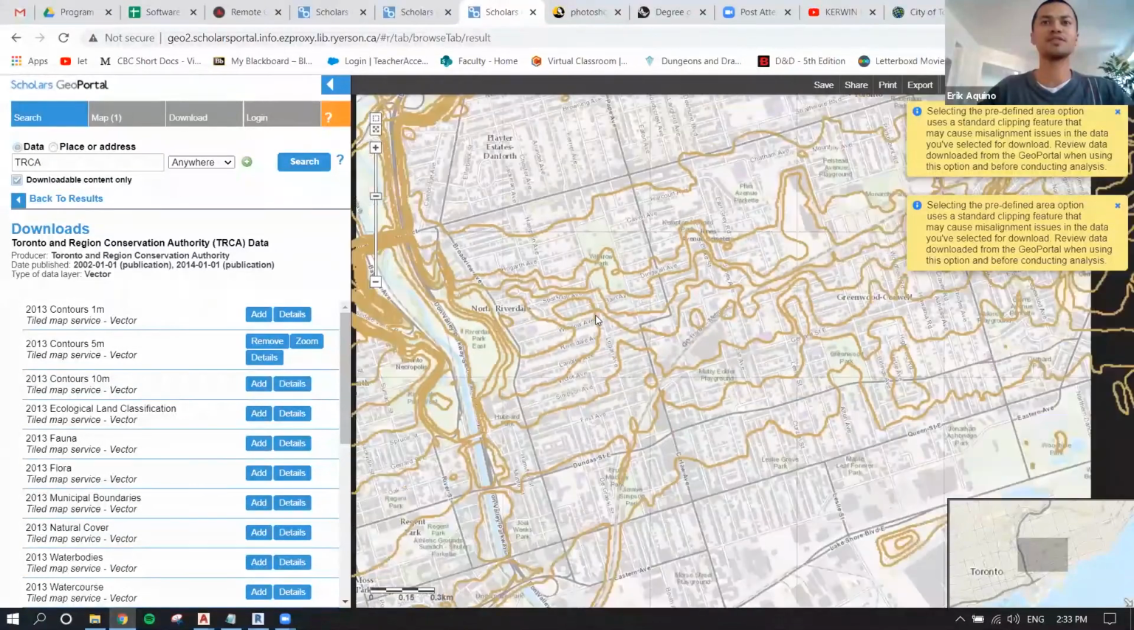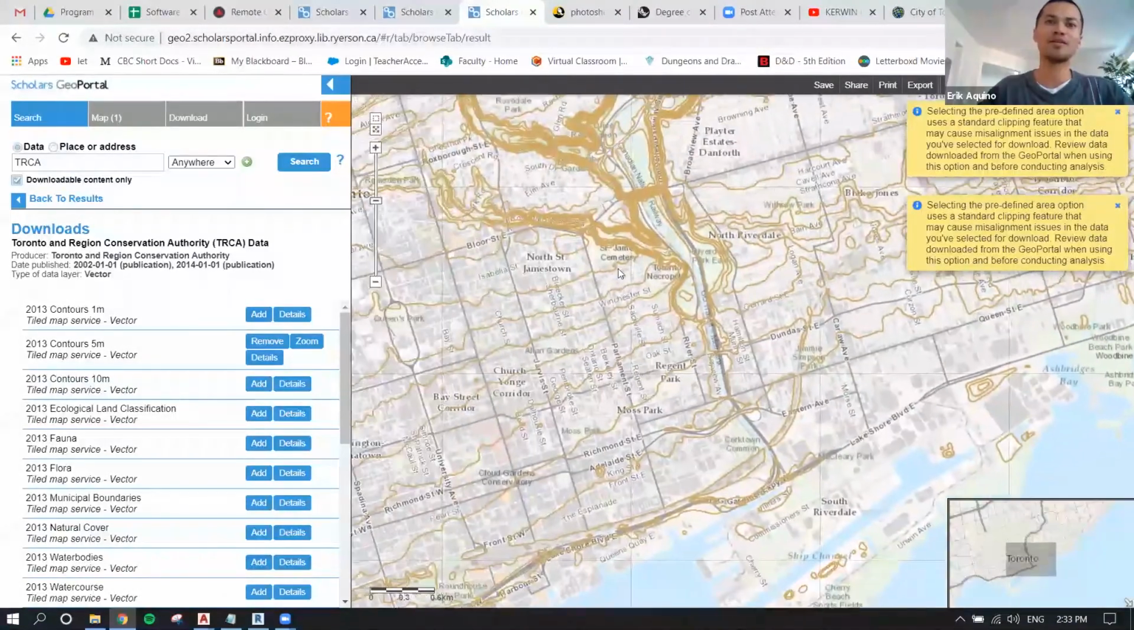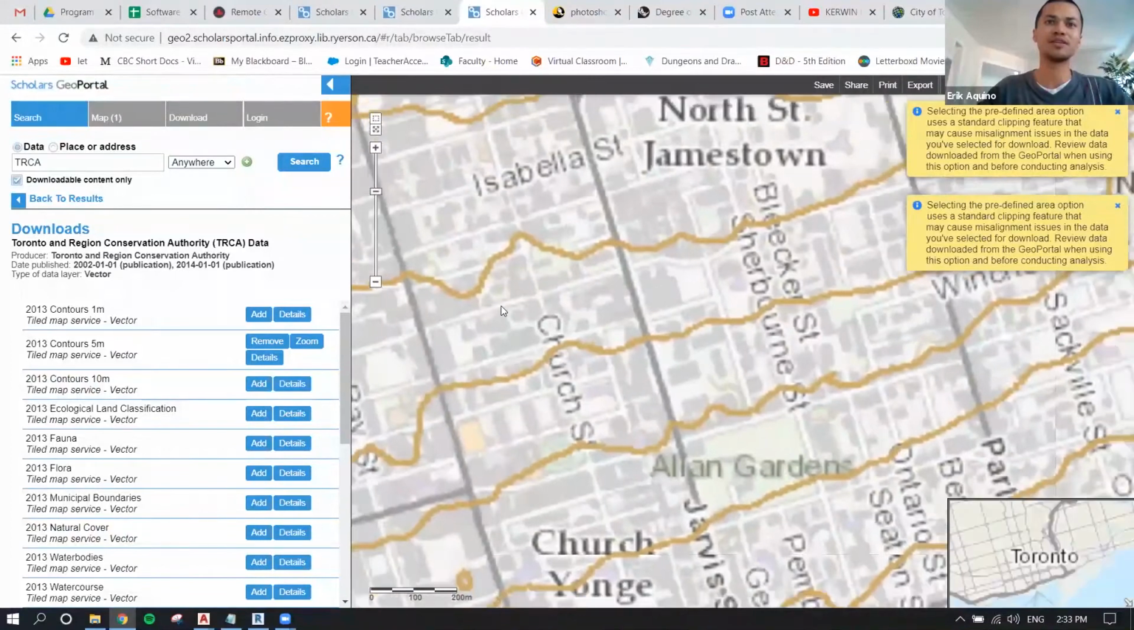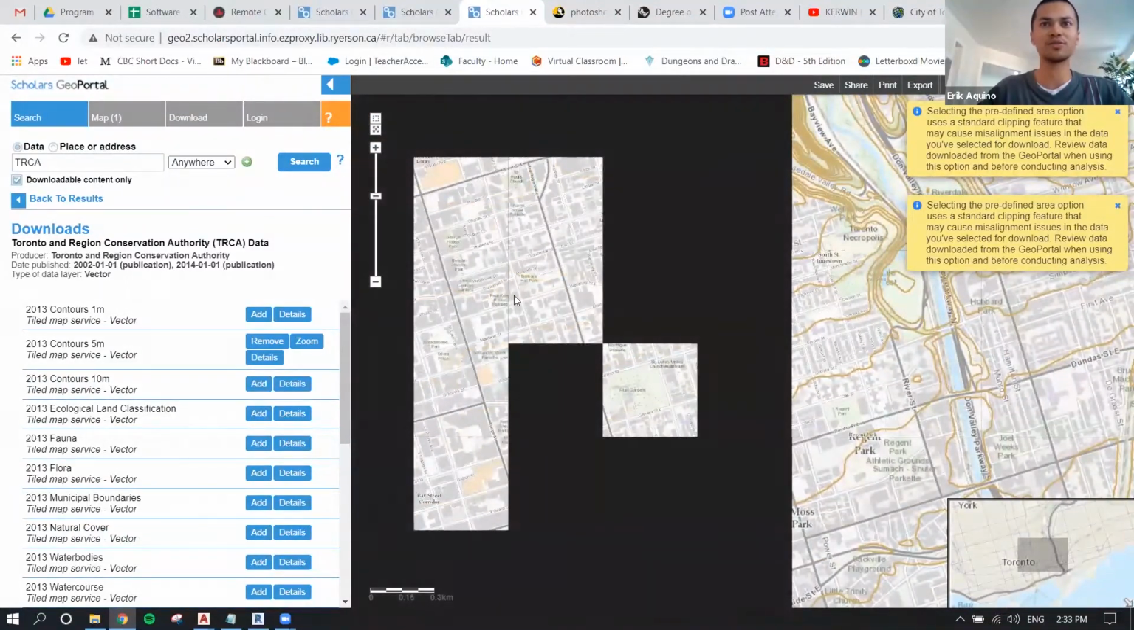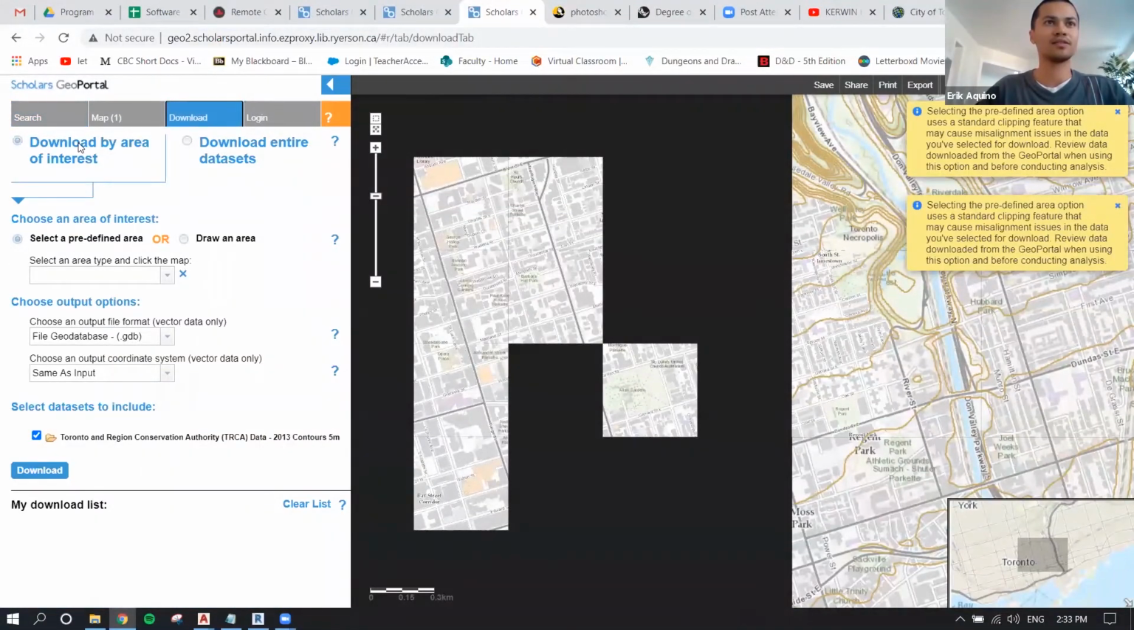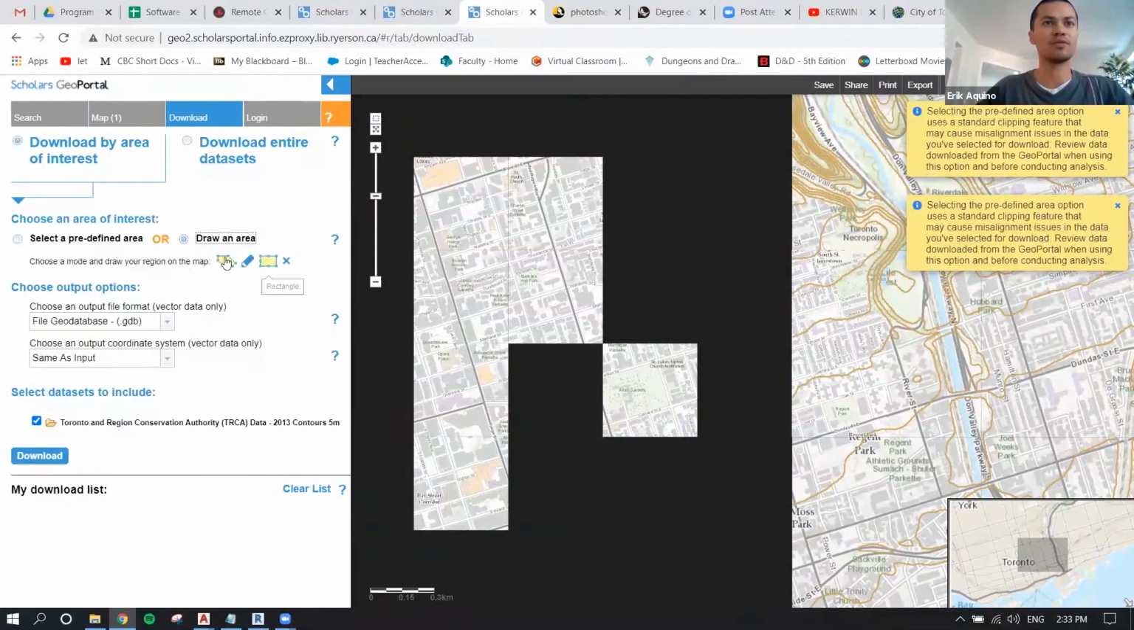And so once you've searched where your site is and zoomed into the portion that you would like to retrieve, you can hit this download button, select download by area of interest, and you could draw your shape through a number of different tools. So once I have this data, I'd like to select my geodatabase file type, and from there, we could download